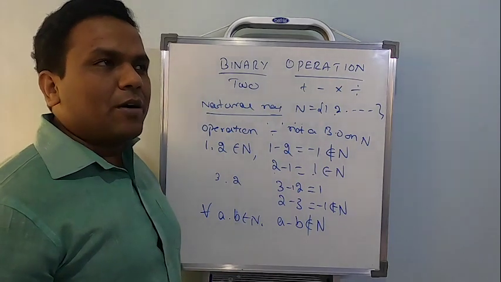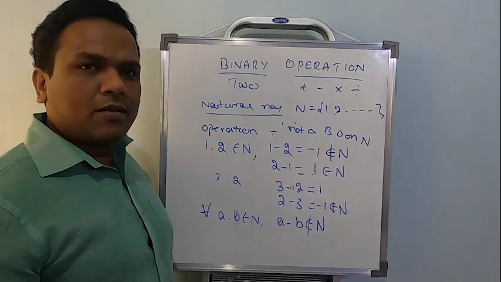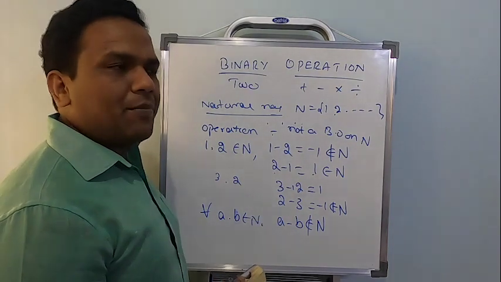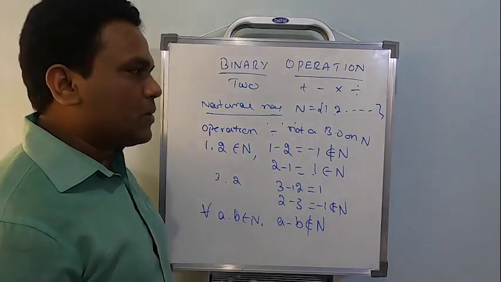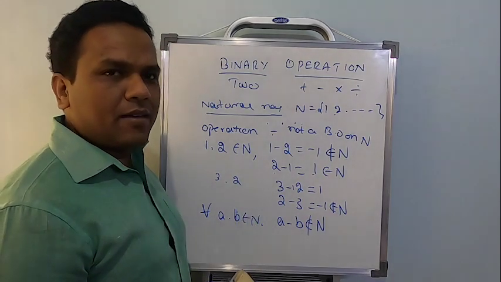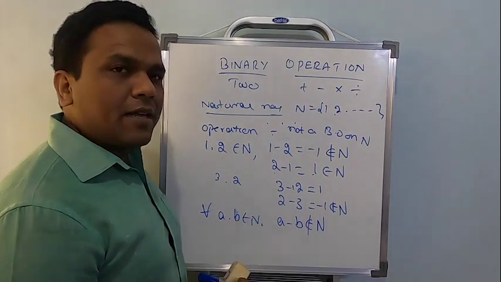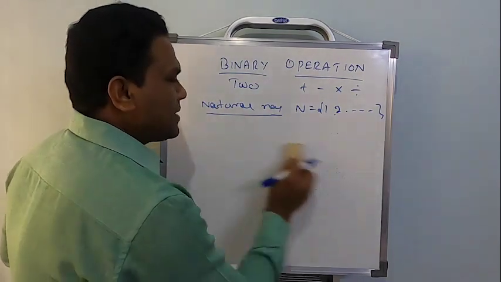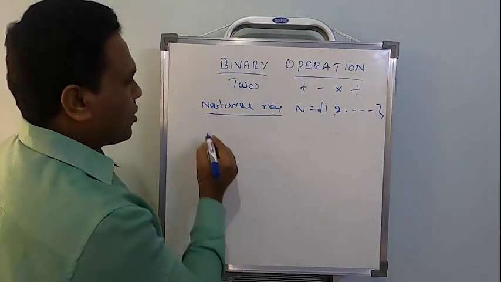Now in addition, if you remember, 1 plus 2 or 2 plus 1, still the number is going to be a natural number. Here also we should get the same. Let it be 1 minus 2 or 2 minus 1, the resultant element still should be a natural number. We are not getting that here, so it will not be called a binary operation, right? Okay. On the same set, I'm going to change the operation this time.